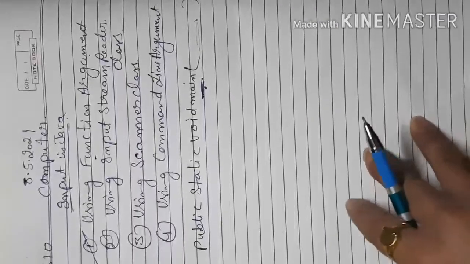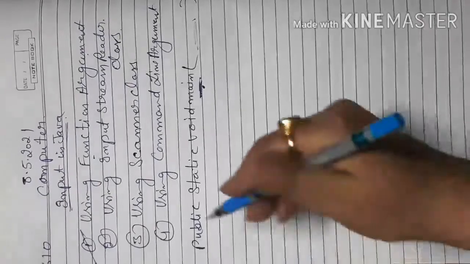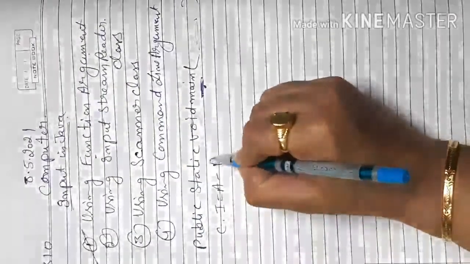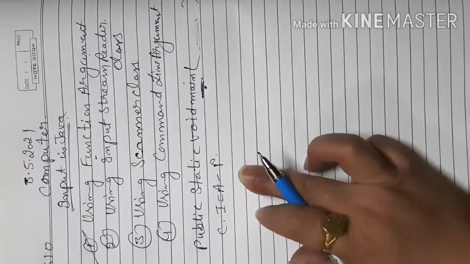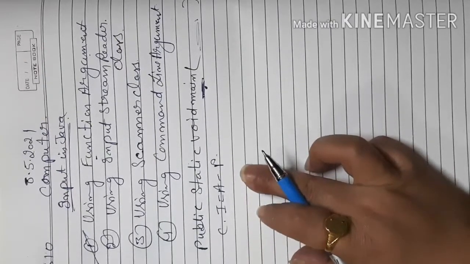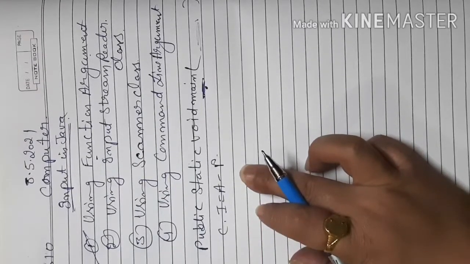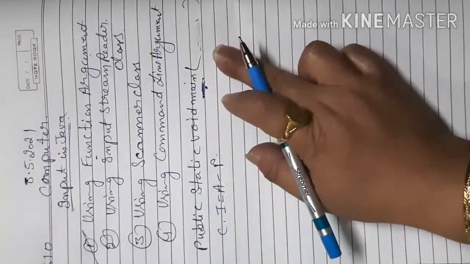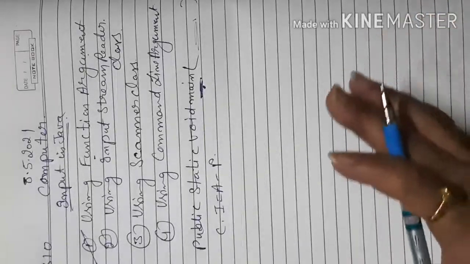So if I want to calculate the compound interest, you very well know that the compound interest formula is amount minus principal. So you have to apply that to find the compound interest. If I want to give instructions to the computer using function argument, how will the computer calculate? It needs three values: principal, rate and time. So we read them here.